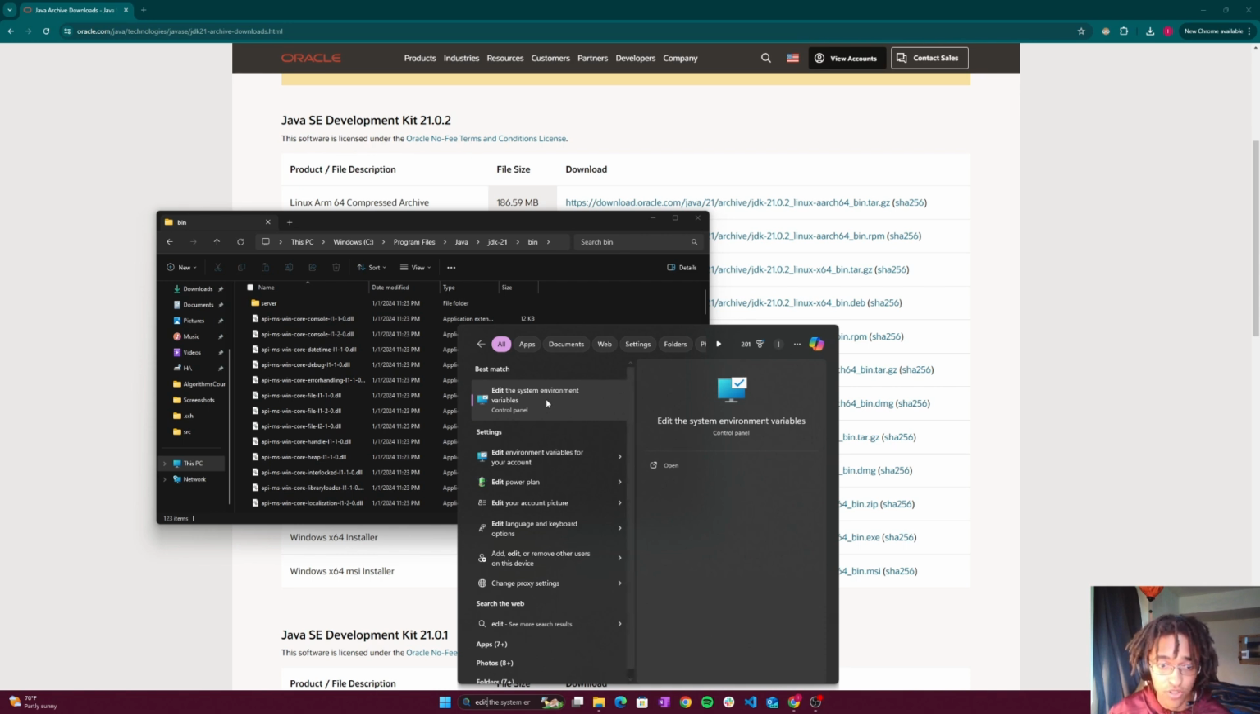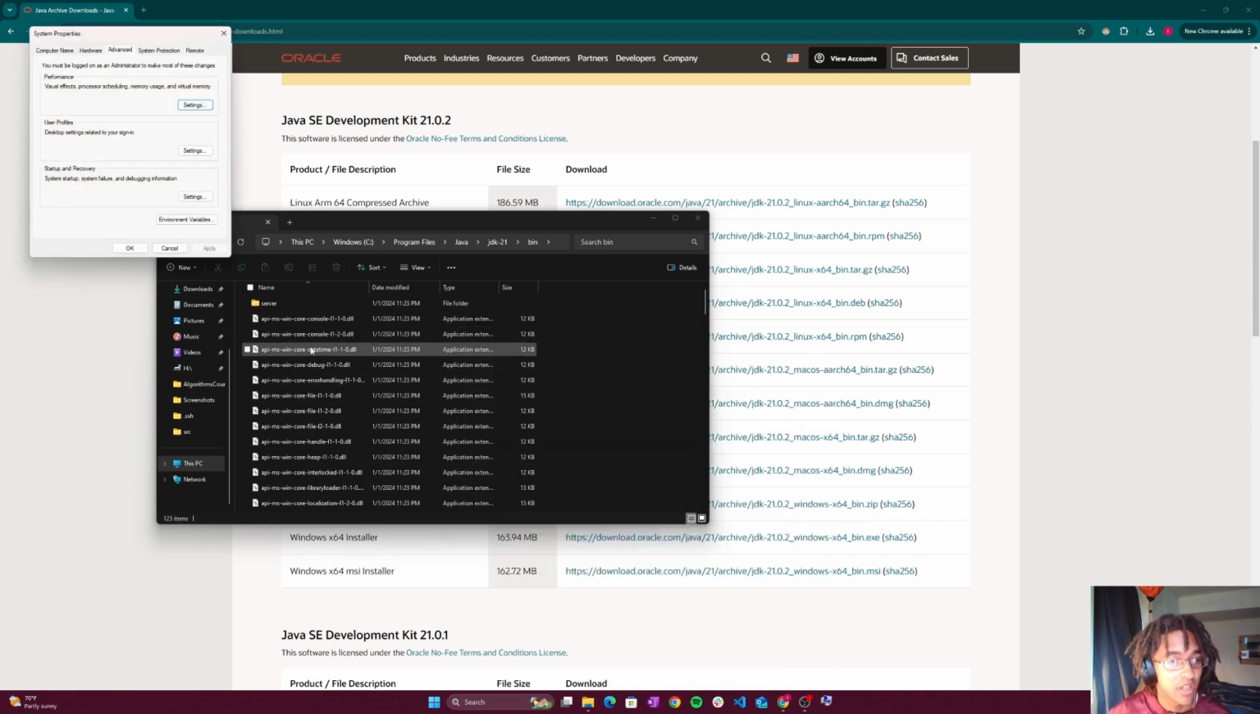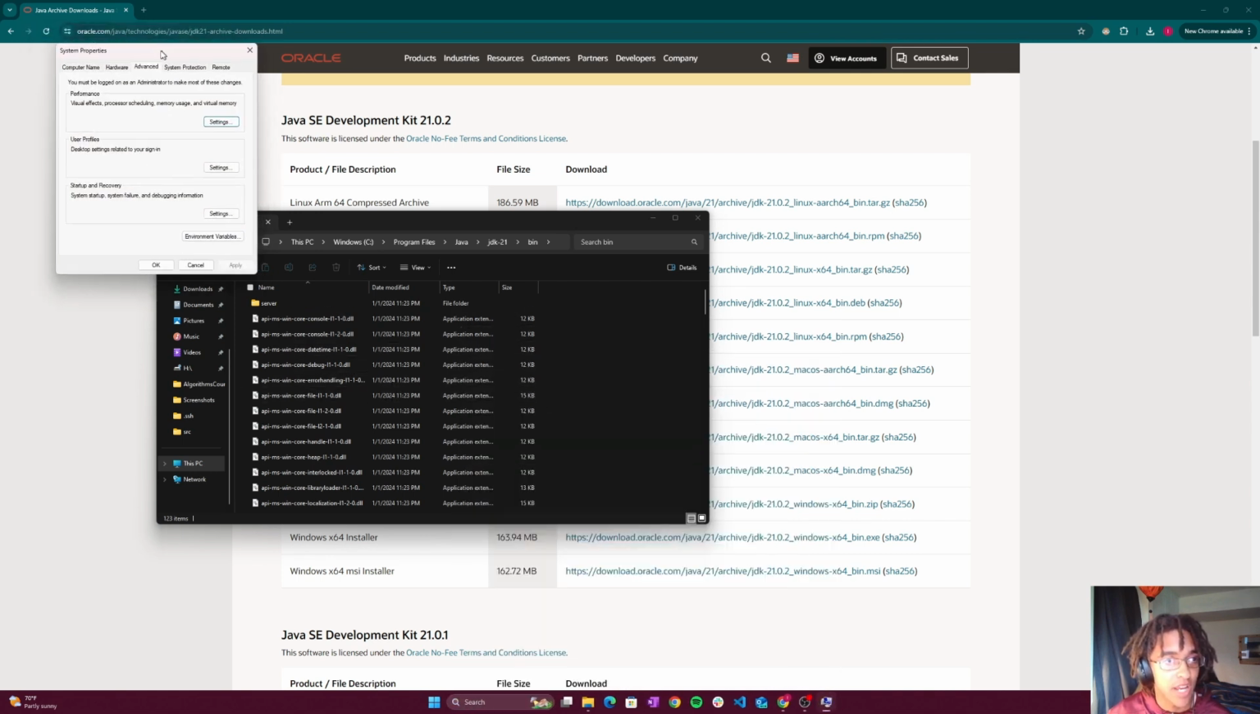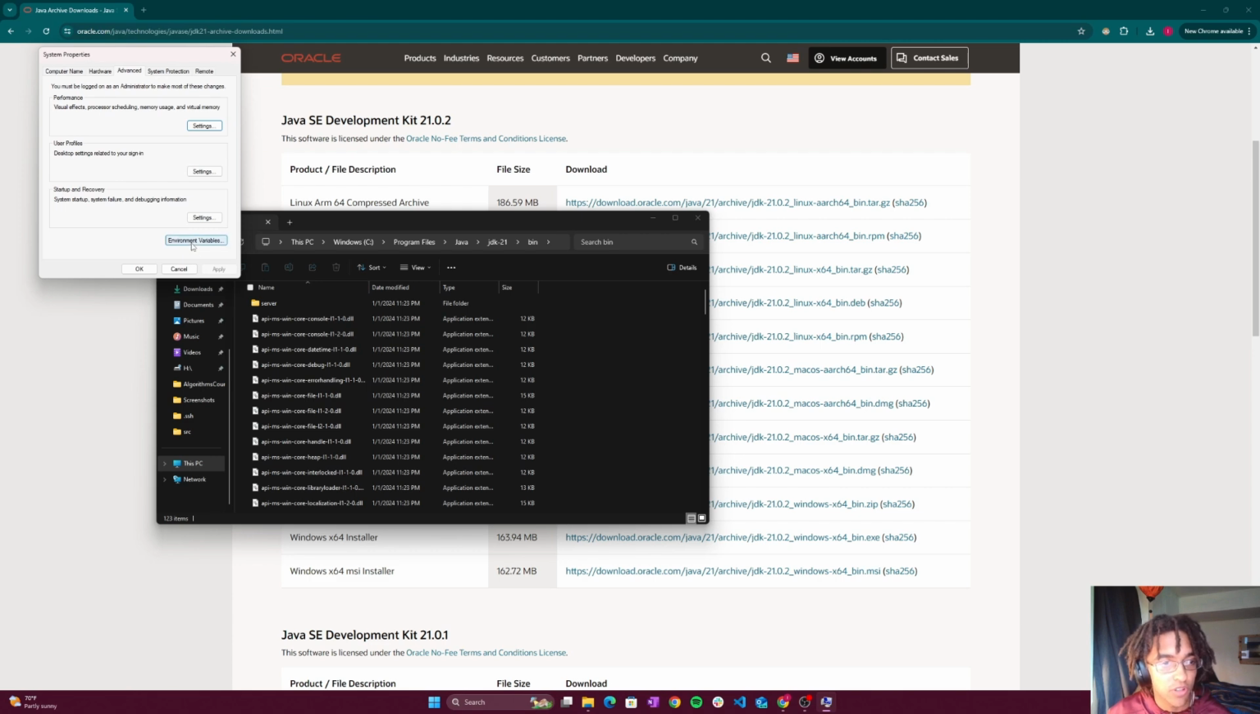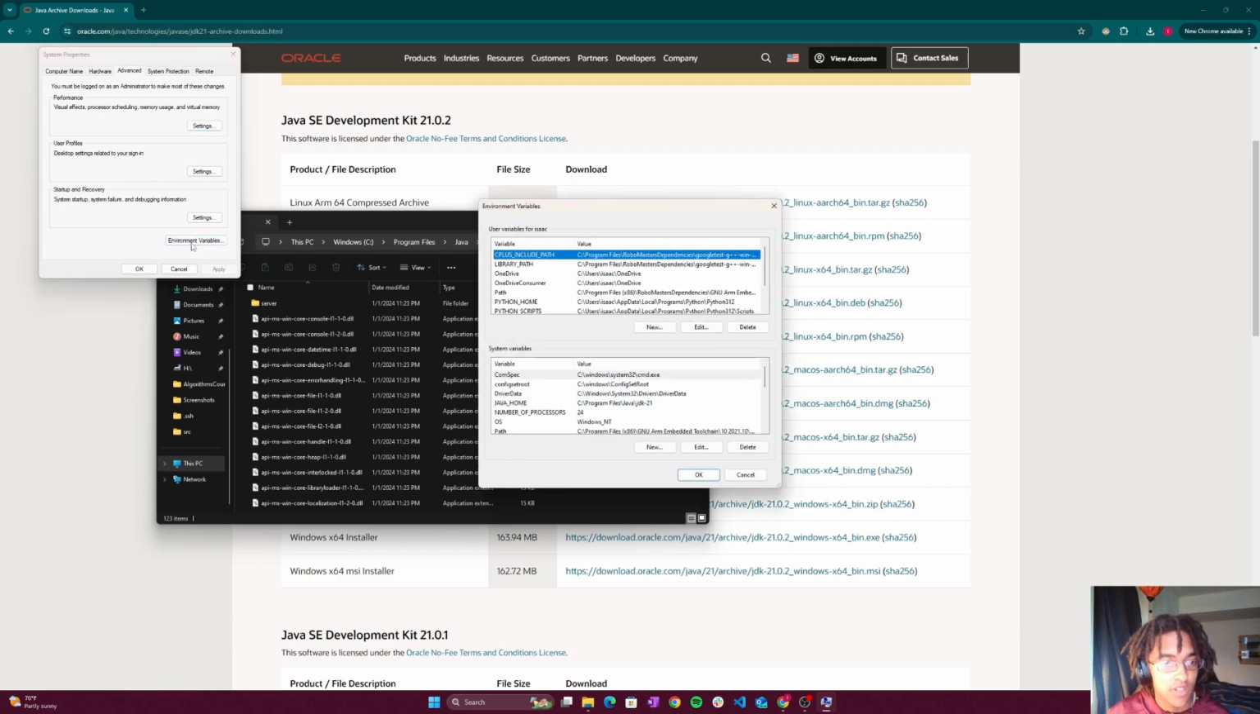So I'm going to go to edit the system environment variables, and it's going to pop open this tab somewhere on my screen. And I'm going to go over to environment variables, and I'm going to go down to this area that says system variables. I have it installed in 2 locations. For you, I would just recommend going over to this,